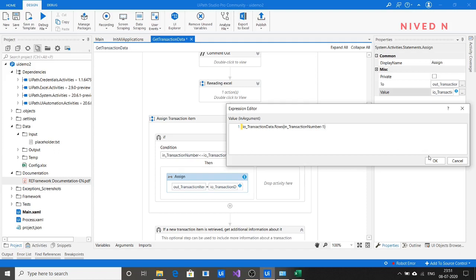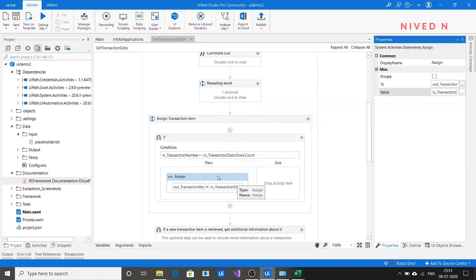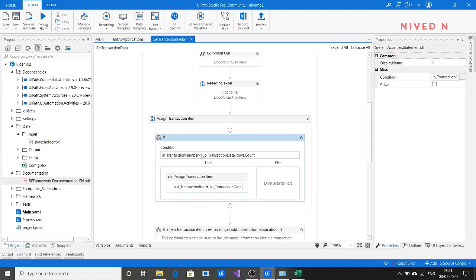Okay, this is a condition, that is we are assigning the transaction item, not transaction data. Means if the transaction number is less than the row count of the transaction data, we can assign the transaction item. Okay, the transaction item is assigned.